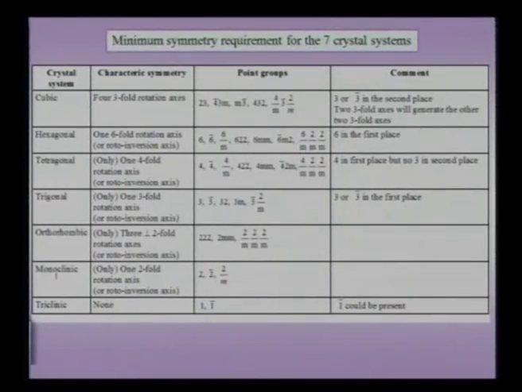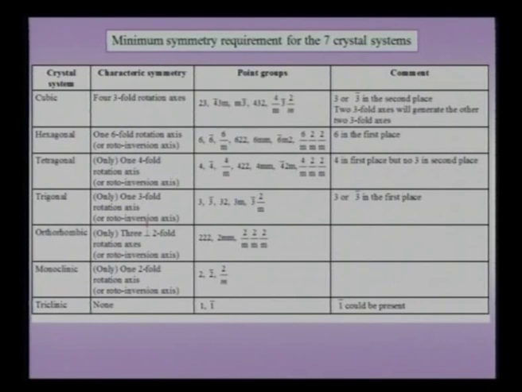We have already seen this, and now let us write down the full table indicating the 7 crystal systems, the characteristic symmetry, the point groups within the crystal system, and the comments regarding these kinds of symmetry. We had already seen, for instance, that the hexagonal crystal is characterized by one 6-fold rotation axis, and this is written in a way so that 6 is in the first place. So now we understand the complete picture of the crystal system, the characterizing symmetry, all the point groups which are contained within the crystal system,